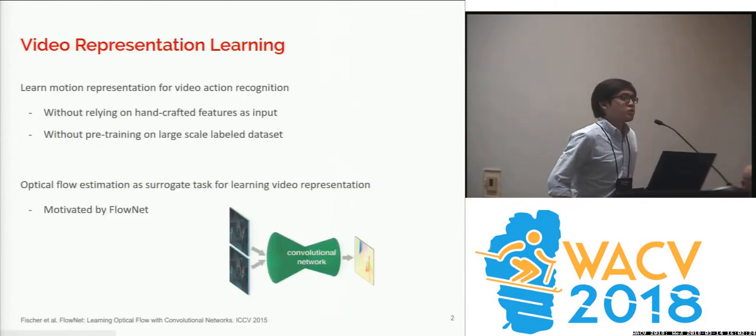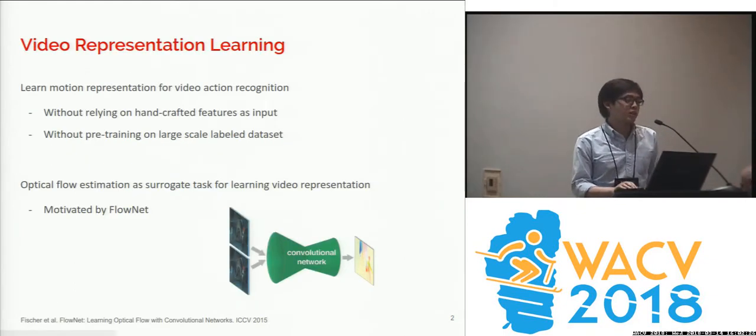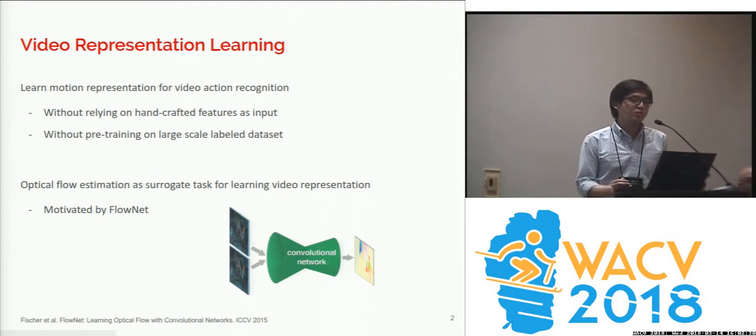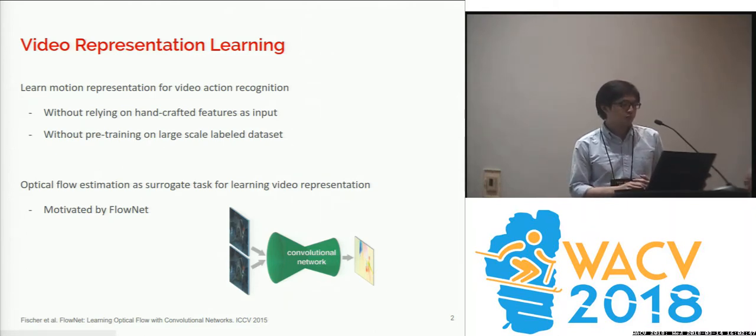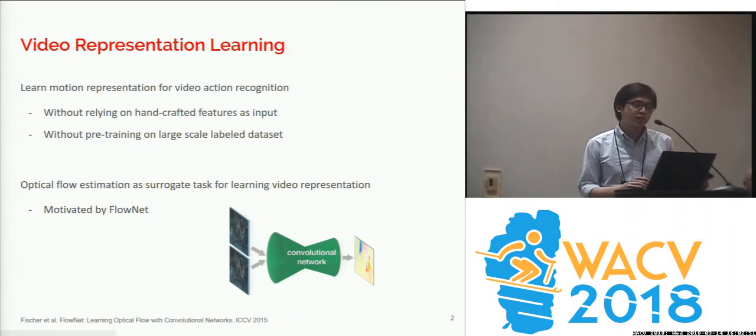So the goal of this work is to learn motion representation for video action recognition. We want to do it without relying on handcrafted features as input, like using optical flow as input in two-stream networks. And we wanted to do it directly from raw pixels, RGB values. And we want to do it without pre-training on large-scale dataset, but leveraging the unlabeled data for self-supervised learning, for learning a motion representation. So we propose to use optical flow estimation as a surrogate task for learning video representation,